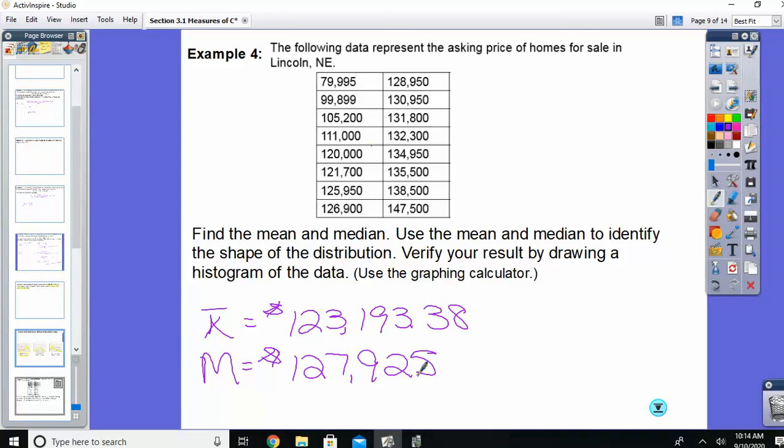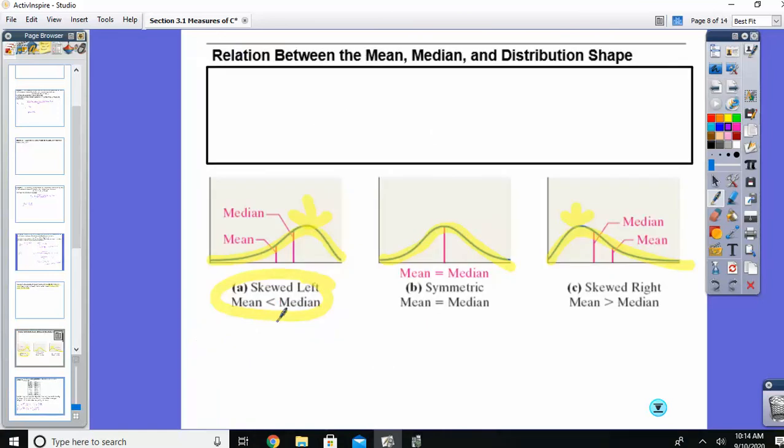You just have to double check your numbers and make sure you didn't type in anything wrong. Let's look at the shape of this to see which one was bigger here, the mean or the median? The median. So, how does that mean my data should be skewed? If the mean is smaller, that means that it should have a skew left. If you look at this on your calculator,